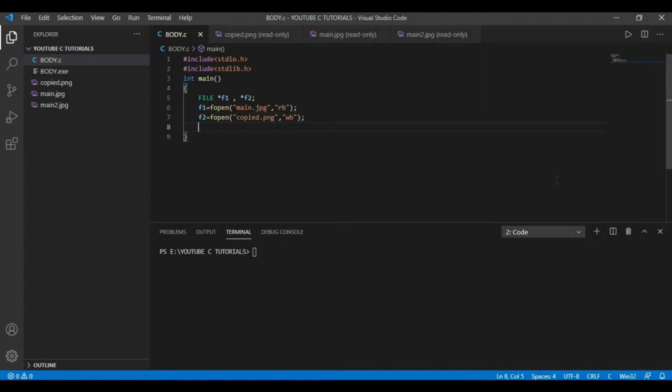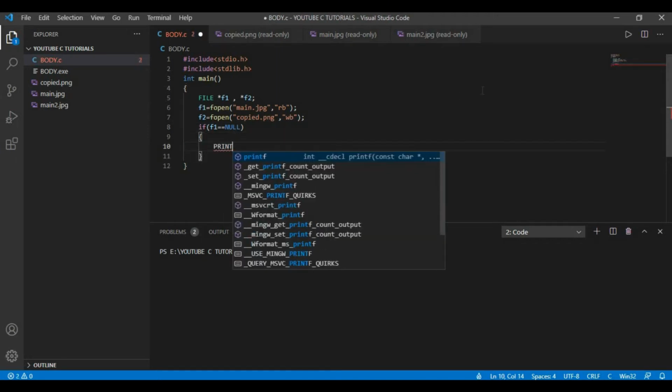Okay, now I'm typing some optional commands. If you want to type them, you can type them. If you don't want to, then don't type them. So I will type: if f1 is equal to NULL, meaning if for some reason f1 is not able to open main.jpg, then f1 will return NULL. So now what we will do is print over here